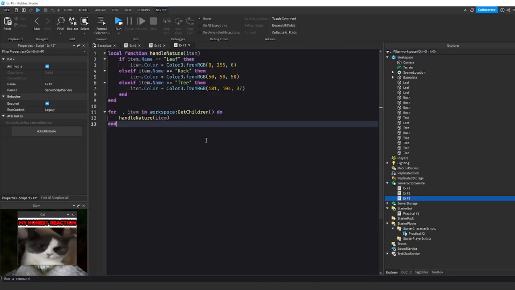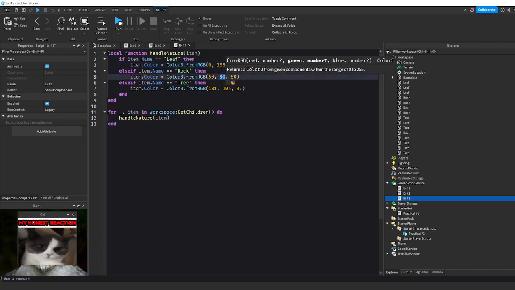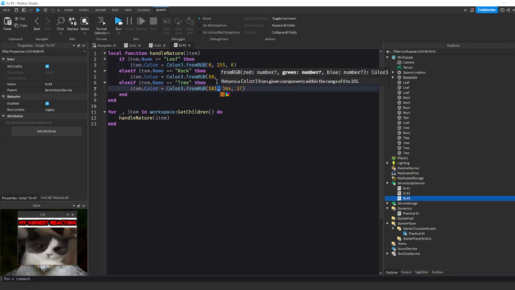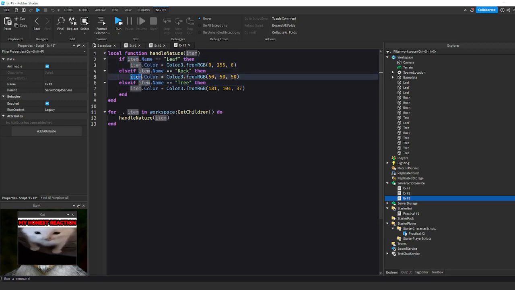So right here we have a function. Now this function takes in an item, which is a part, and it checks if the name is either leaf, rock, or tree, and if it does have those names, it will assign the color to them respectively. Now this in itself, yeah, it is kind of readable, but it looks like I'm repeating myself a lot. I do item.name, item.color, item.name, item.color, and imagine if I had 5 more of these. This will just be absolutely disgusting. Or if I want to change another property, oof, that will just be